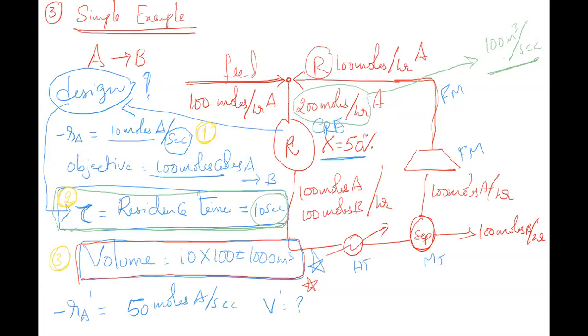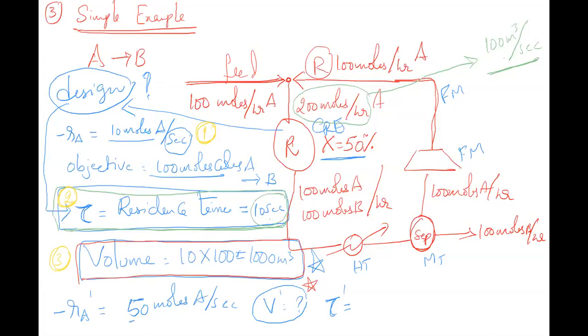Very good, I am getting responses. So first, before going to the volume, let's estimate what the tau is which is required. I'm giving tau prime. See, simple question: 10 molecules per second it is converting, and I need to convert 100 molecules. So I need a residence time of 10 seconds.